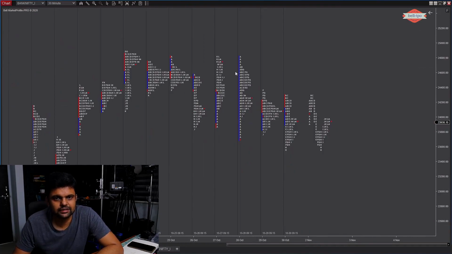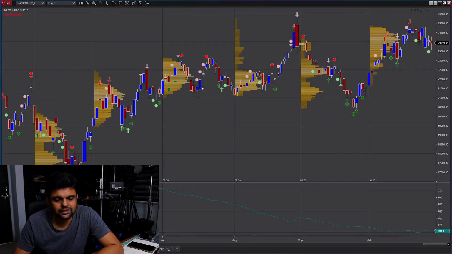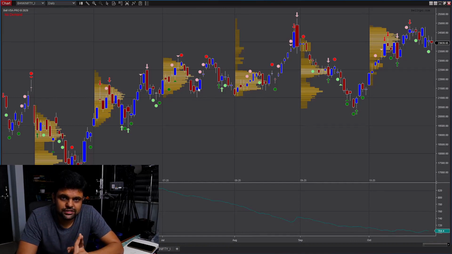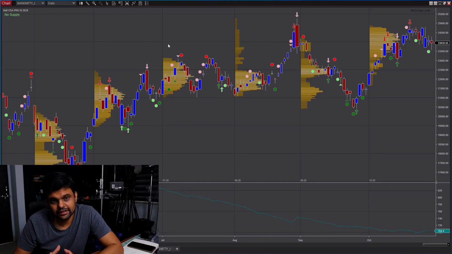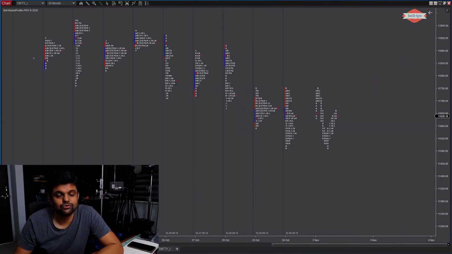Again I will come here. Here we did select the correct TPO size, that was 700, and again in case of Bank Nifty here the brick size was 175. So for Nifty the TPO size is 200 and all the brick sizes are 1/4 of the TPO size, that is 50. For Bank Nifty, we are selecting the TPO size as 700 and it comes from the average true range indicator, and for all the brick sizes I am using it as 1/4, that is 175. That is why I was selecting that number. It was 1/4 of the TPO size that we have set on the market profile charts.